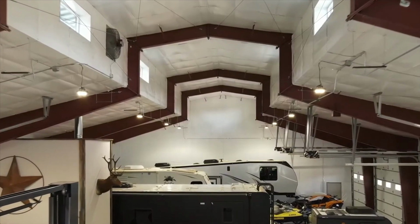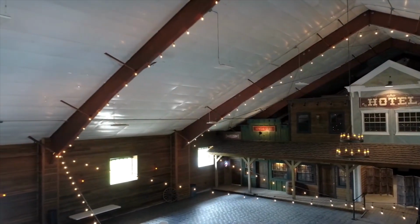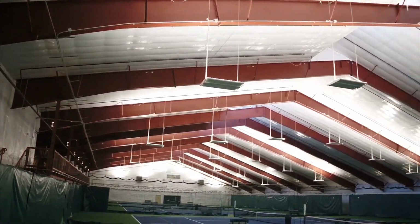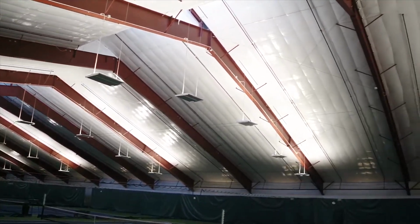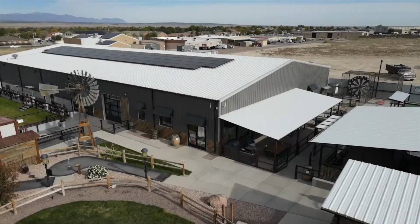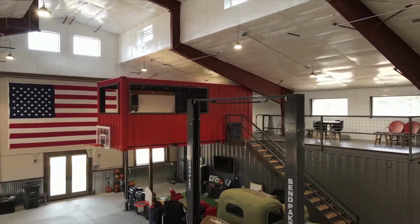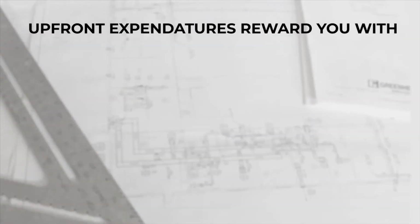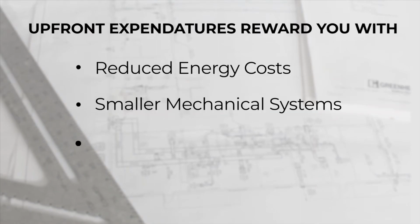With the ever-evolving requirements on improving a building's envelope performance, our mission is to offer sustainable American-made products, supporting energy conservation with efficient, productive, and most importantly, affordable insulation packages. Choosing the proper insulation package for your building is the key component for your building's envelope. It also sets the foundation for the cost of ownership, enabling a decrease in energy usage spanning the life of the building. Money spent upfront on insulation will be rewarded through reduced energy costs, smaller mechanical systems, and enhanced comfort